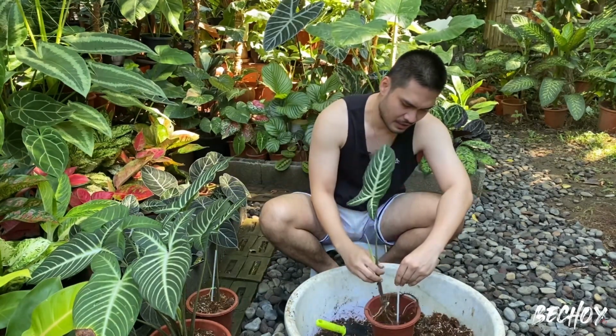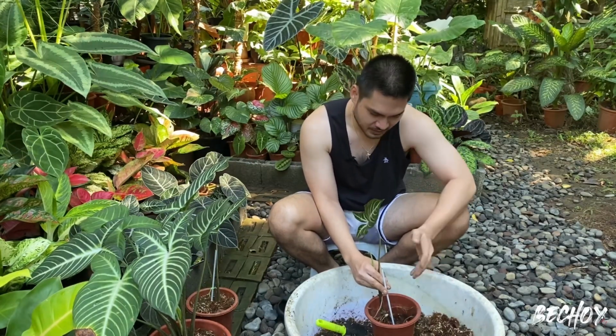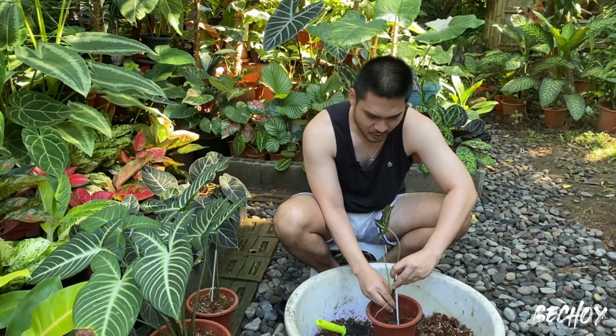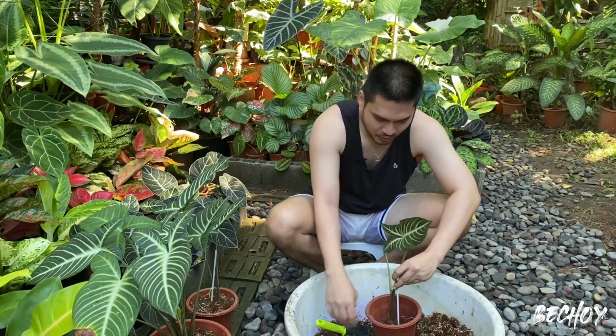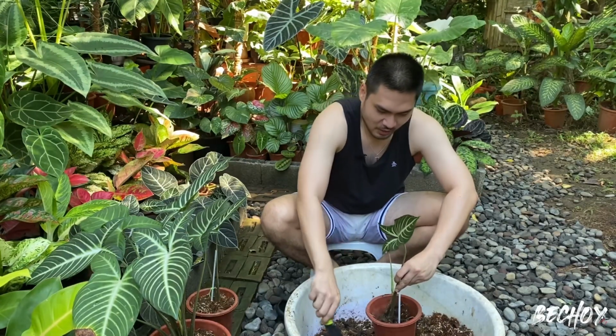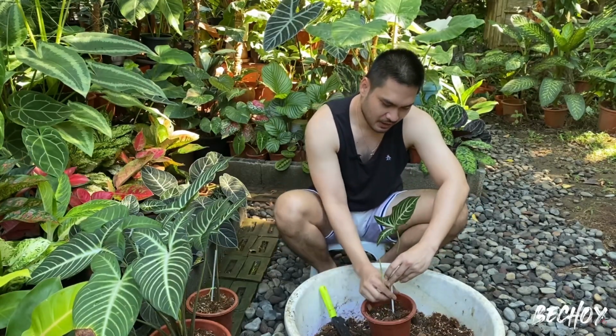Pwede namang mga yung naputol na mga kawayan na ginawang stick or yung mga barbecue stick. Whichever is available sa inyo, pwede nyo gamitin. Hindi naman talaga strictly na ganito dapat yung gamitin natin. As long as kung ano yung available sa inyo na pwede nating magamit, then might as well use it also